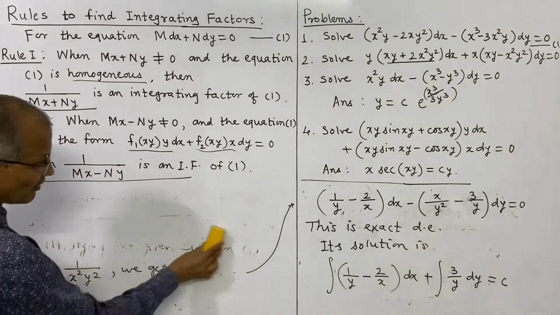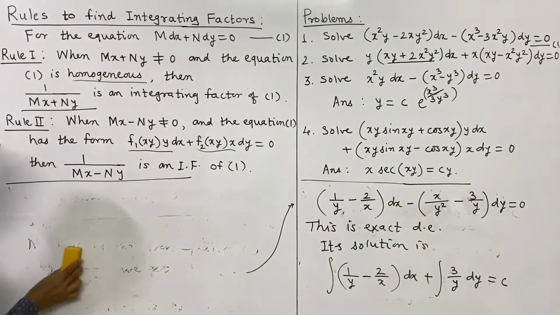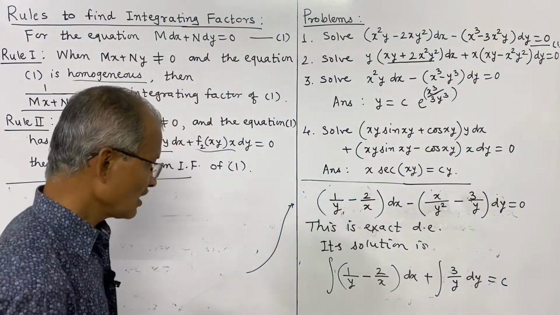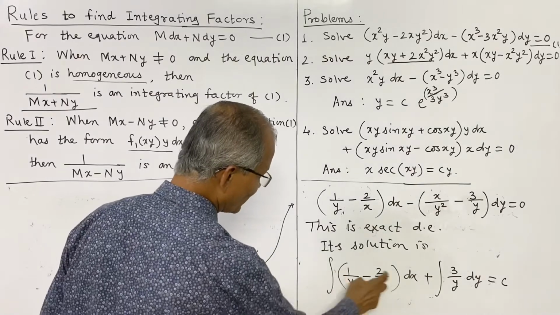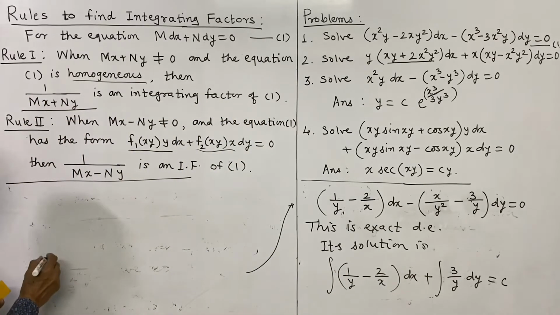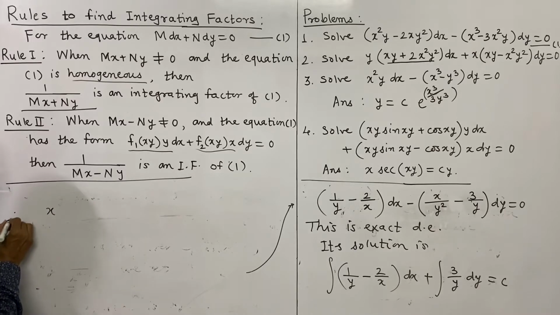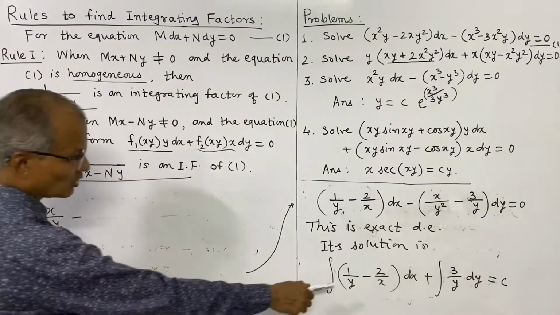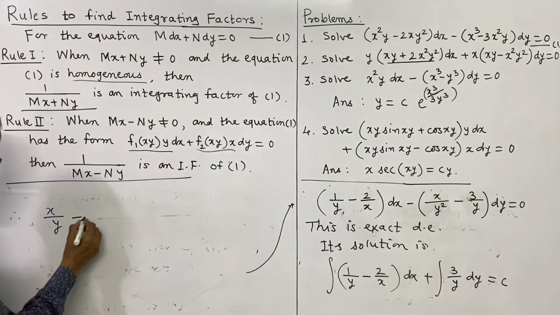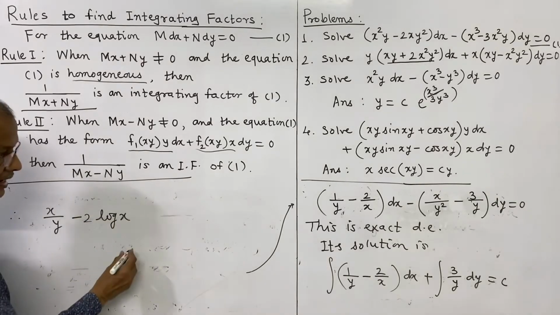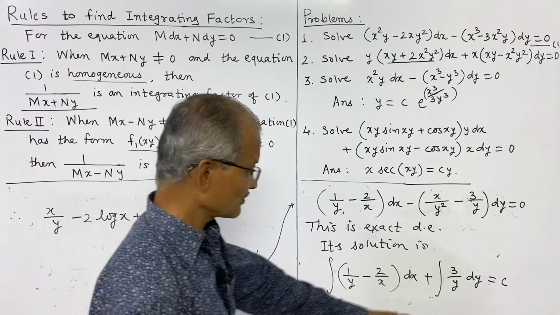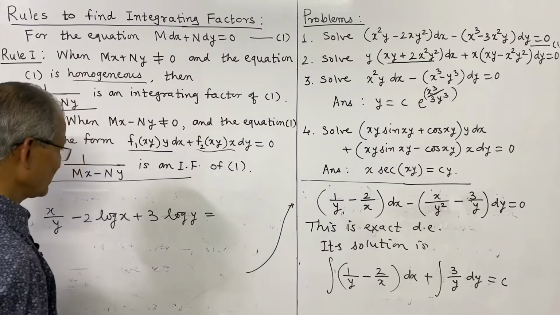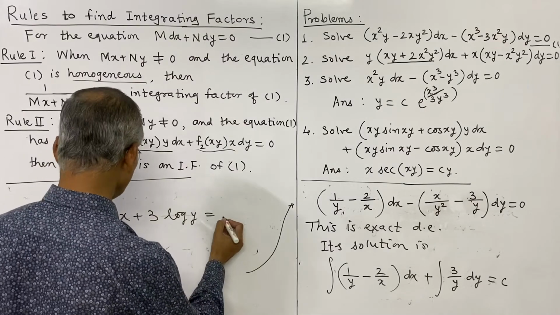see, the integral of 1 upon y. 1 upon y is to be treated as constant when we integrate with respect to x. Here y is constant, so the integration of 1 dx is x. So this is x upon y. That is x upon y, and minus, what is the integration of 2 by x, minus 2 times the integration of 1 by x dx, which is log x. So that is minus 2 log x, and plus, similarly, the integration of 3 upon y dy is 3 log y, is equal to a constant, and the constant we may write as c itself or log c,